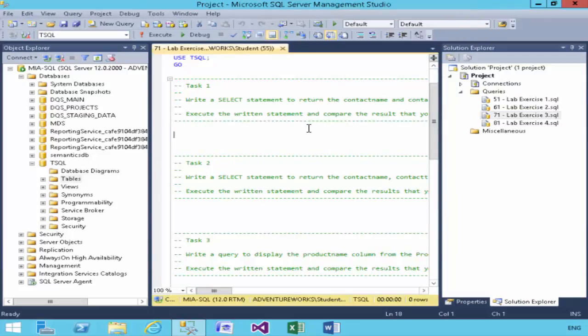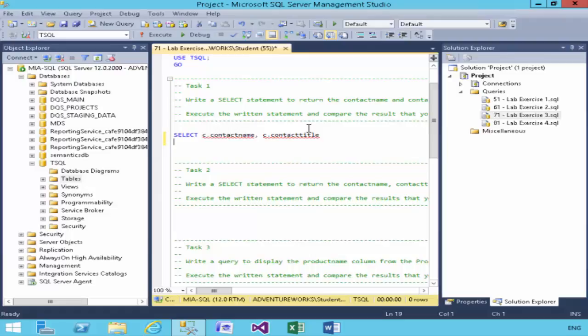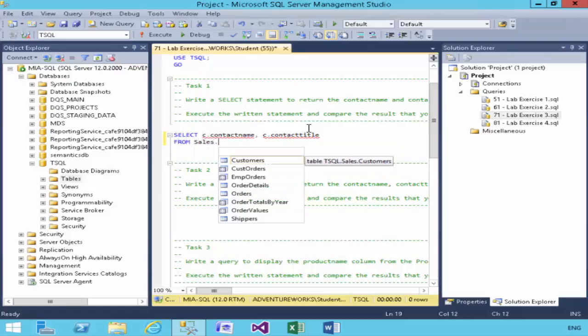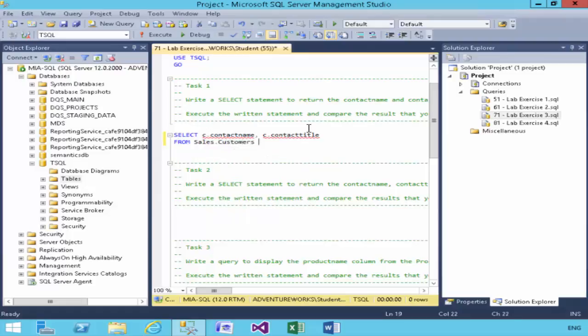In exercise 3, we're going to compare results that we find, and we're also going to introduce the concept of an alias. You'll notice that as I type the data in, I get these red squiggly error lines because it's looking for a field name that doesn't exist. There isn't a field called c.contactName. However, you want to parse the table as an alias.